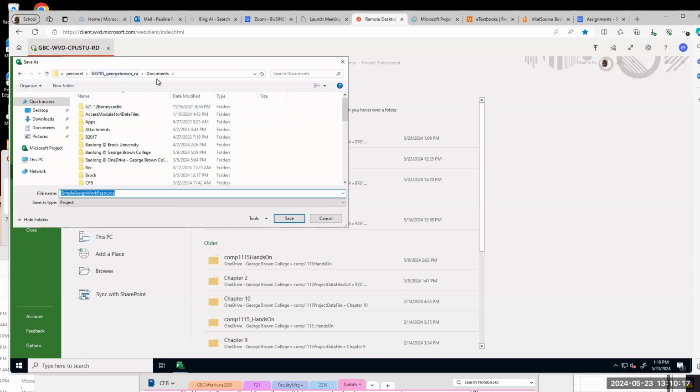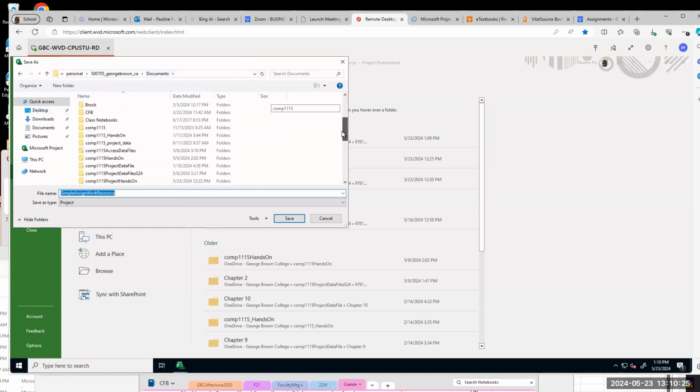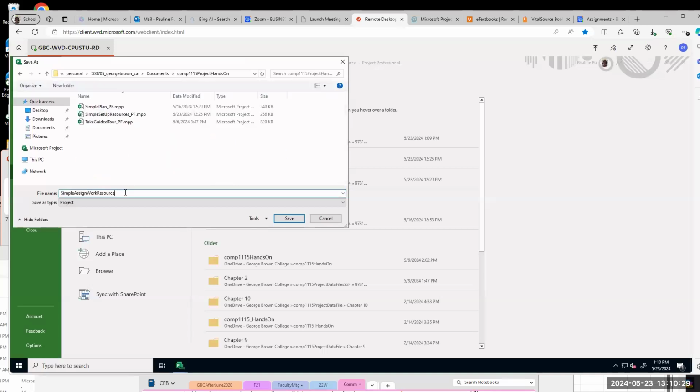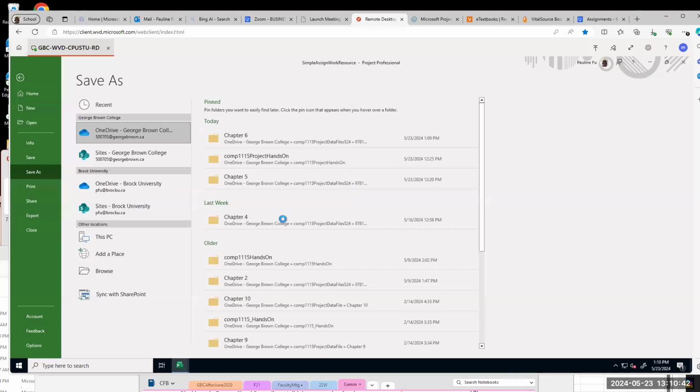Okay. So documents. Locate hands-on. Original file name underscore your initials. Click save.